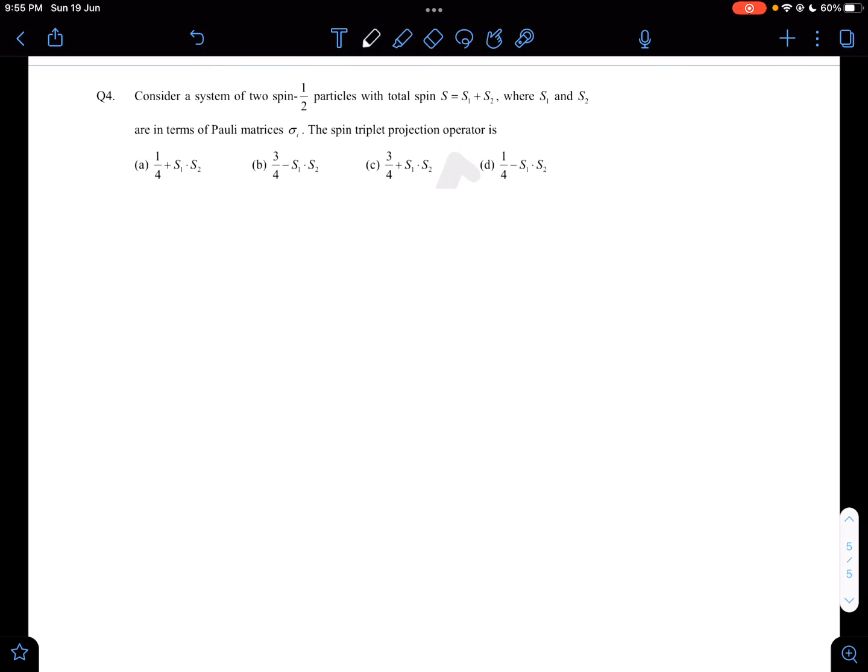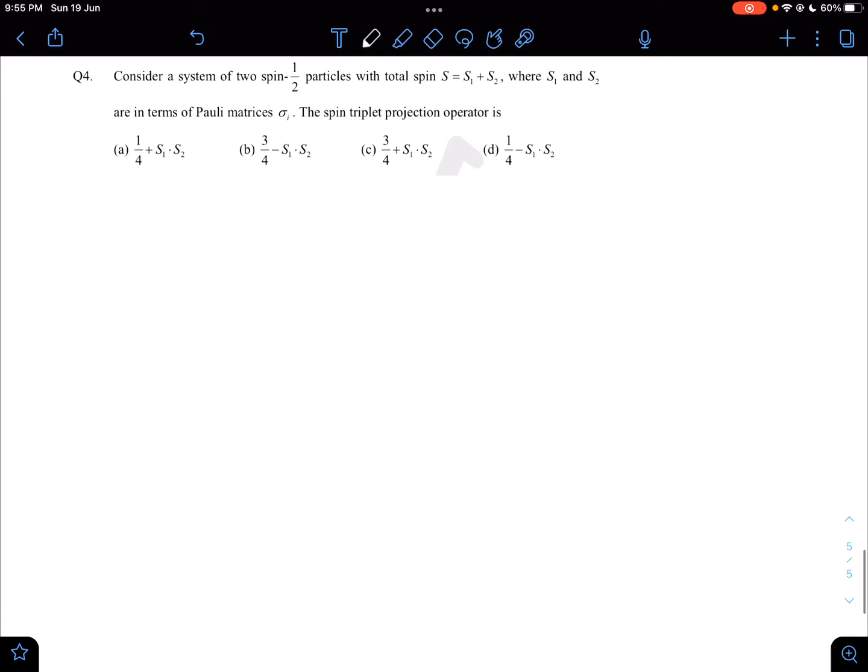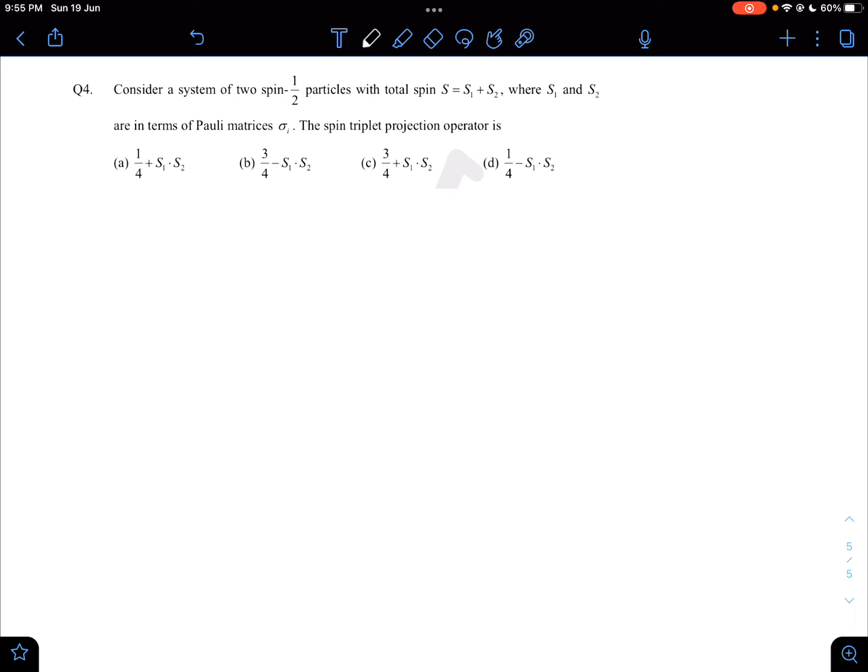Now let us move to the fourth problem of today's video. The problem states: consider a system of two spin half particles with total spin S, which is the summation of these two. As we have discussed in one of our previous videos, when we are doing addition of angular momentum, this is not simply matrix addition, because this S1 and S2,